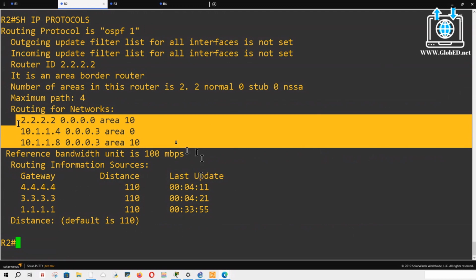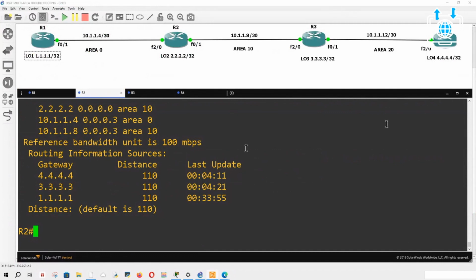So there's a lot to OSPF. This is just basically troubleshooting the fact that this router was not updating router 1, and router 1 was not updating router 4. They didn't know how to talk to each other. So we made them talk to each other by creating virtual links from here to here and then back, and from here to here and then back. That's what you do: you create these virtual links.